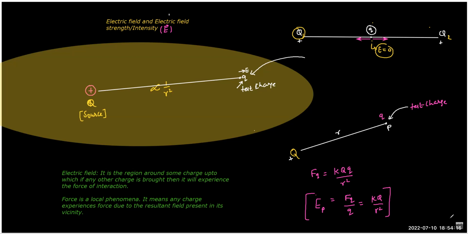So that's pretty simple. Now the experimental definition is slightly different. The definition in a correct form is this. So the electric field strength at a point, if you wish to determine the net field at a point, the problem is the force can be experienced by any other charge.